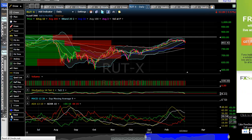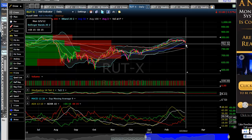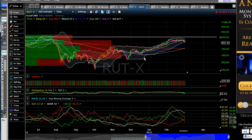You can see the Russell already gave us a sell signal here. Okay, and we can see the result of that. Alright, we do have this volume at price that we're leading lower on. We have the 50 period right here, which acted as support back here in December. Okay,